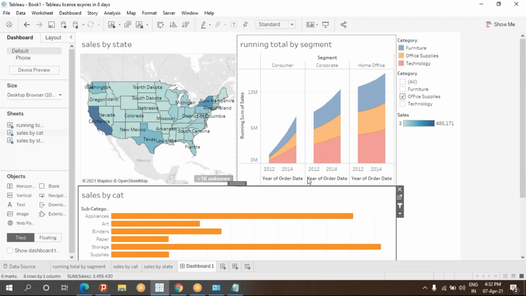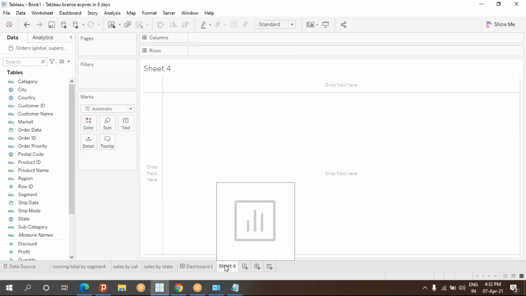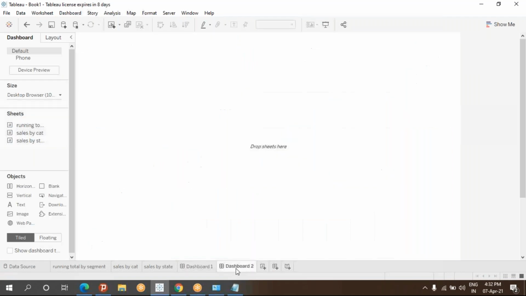So once you have done like this, next I'll create one more dashboard sheet. One more dashboard, dashboard 2. So here we will see what is floating. I'll set floating here. Floating is nothing but we can create a small image size view which will be floating there. We can move it whenever and however you want. Before, it was giving options like left horizontally 2 columns, vertically 2 rows.